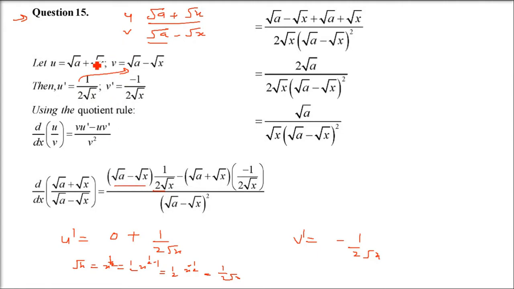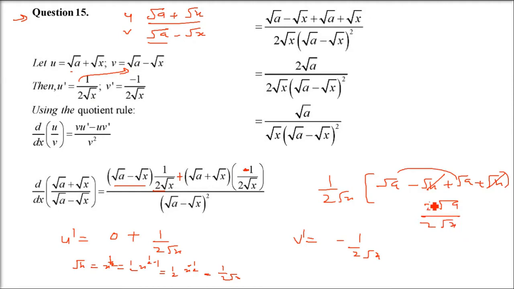That is vu dash, and then multiply uv dash with a subtraction, and then subtract these two, and there will be a negative here. Just make negative positive. So 1 by 2 root x you can take common. When you take 1 by 2 root x common, it will be root a plus x, root a minus root x plus root a plus root x. Now root x you can cancel. It will be root a plus root a. So 2 root a it will be, and in the denominator you have 2 root x, so root a by root x.